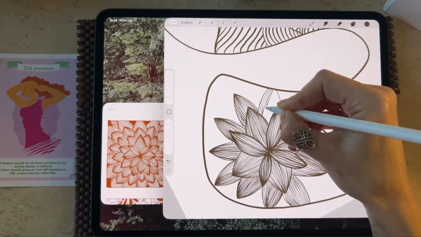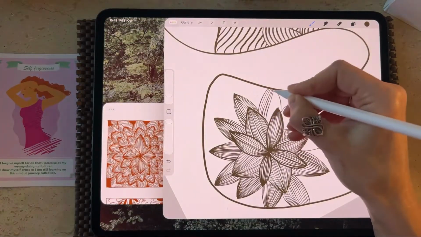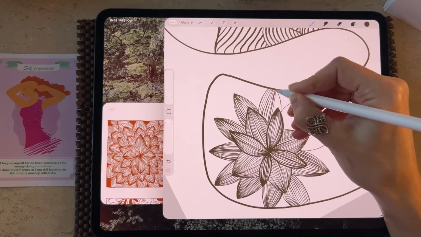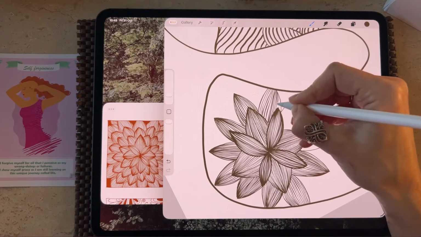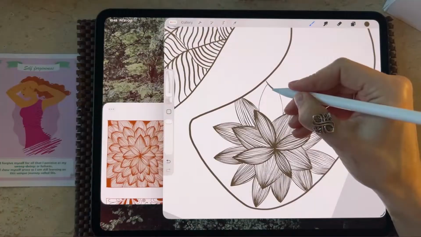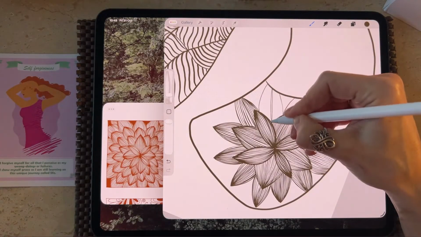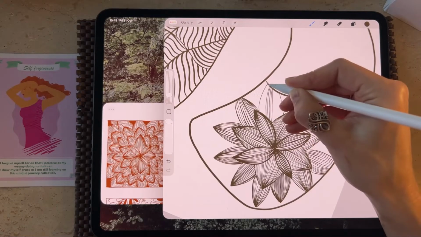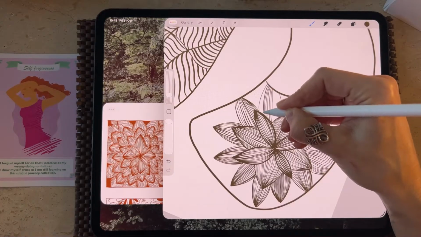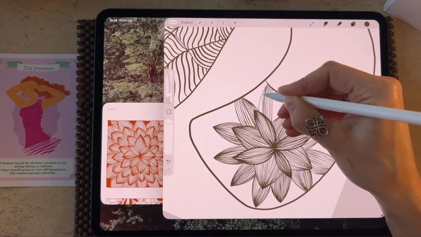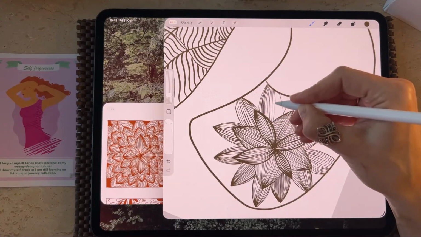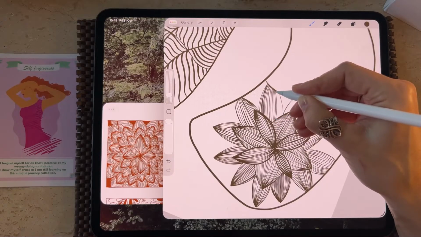Taking a nice deep breath in. Gently letting it out. And sensation. The gift of sensation.